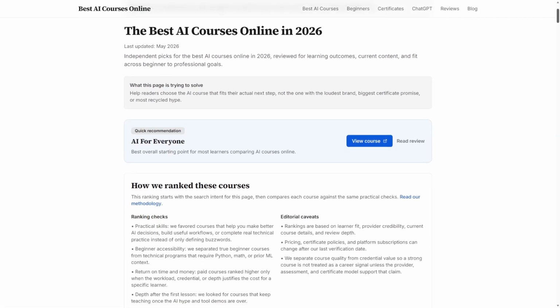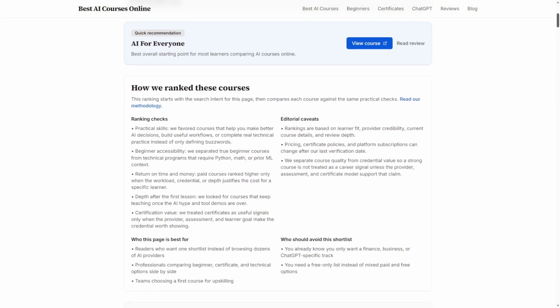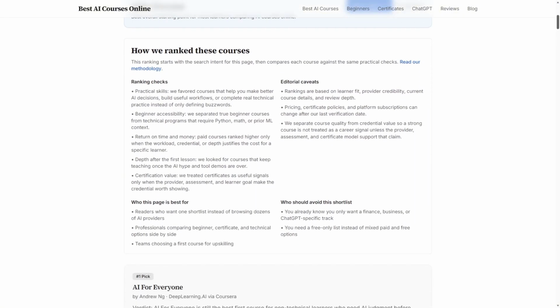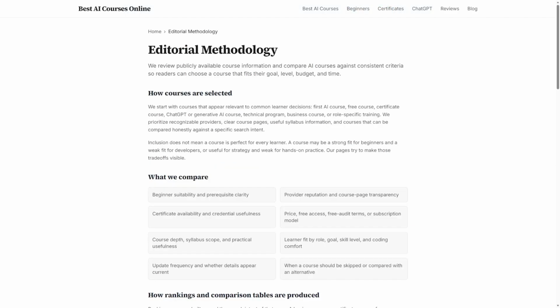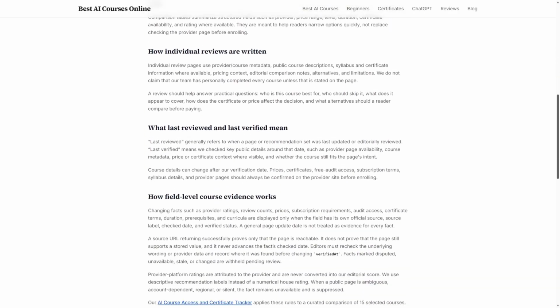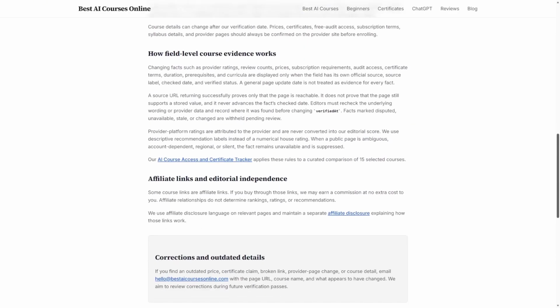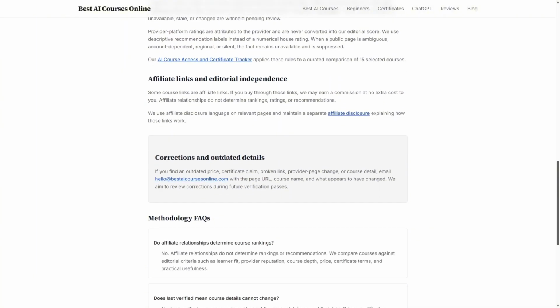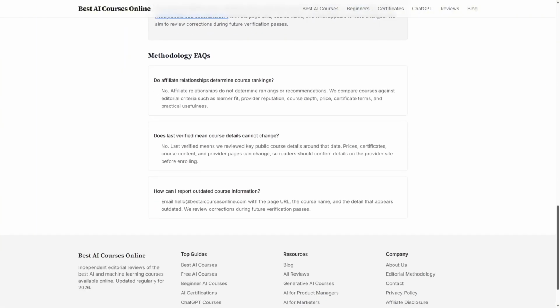Some beginners need a clear explanation of what AI can and cannot do. Others want practical help with documents, emails, and everyday work. Some want to understand generative AI more broadly, while others are ready to move towards Python. The courses in this comparison serve different purposes, so there is no single winner for everybody. A certificate can be useful, but it should not be the only reason you choose a course.